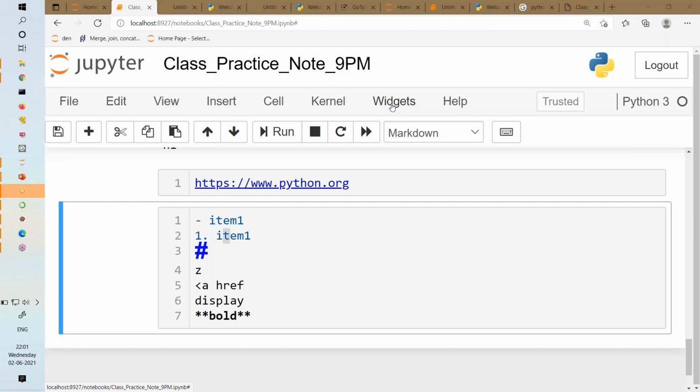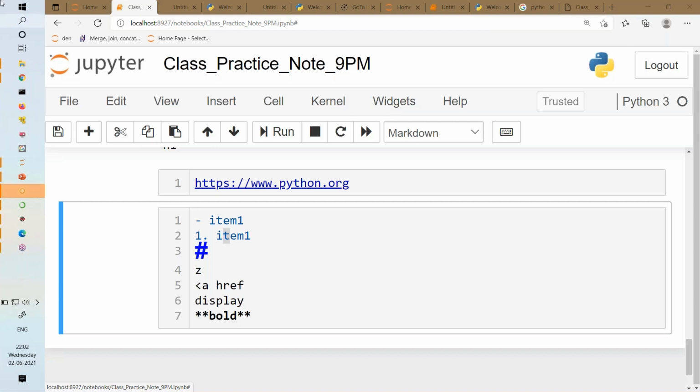So that section you can leave, but having said that, whatever we have studied today is very important, and that is more than sufficient. You should know how to kill the kernel, insert cell above, insert cell below, download, upload, plus undo, and then cut, and then all of this basic markdown, right?